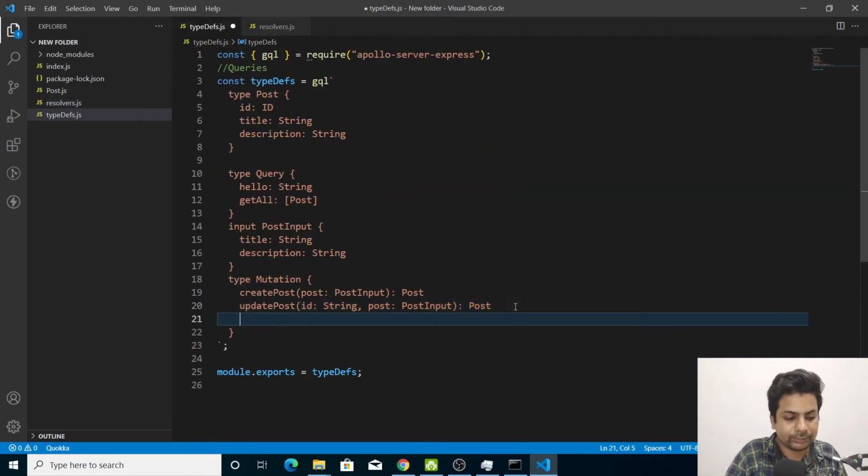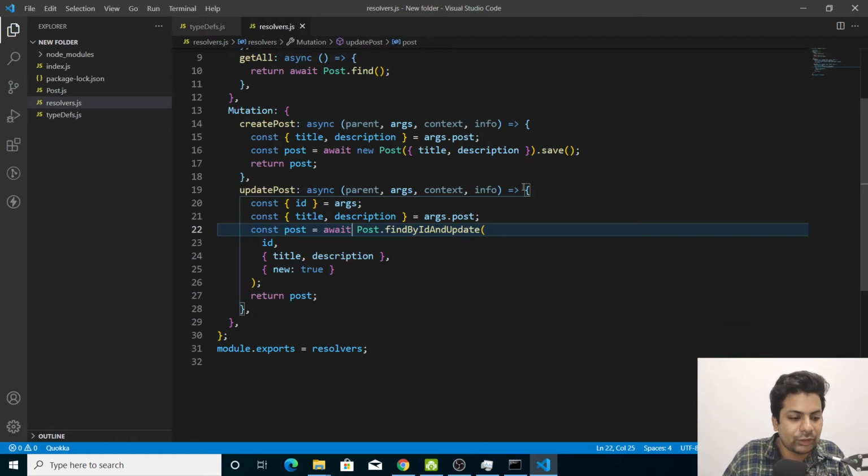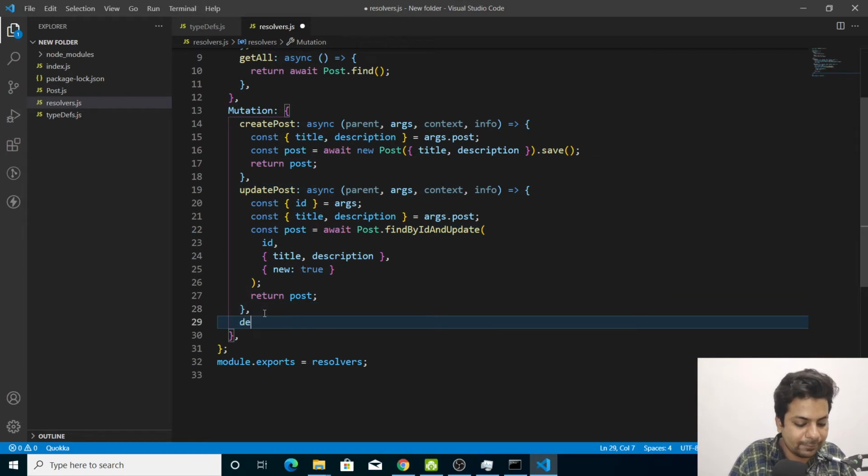So we'll say delete post, and here we'll take ID and it will be of string, and we'll return the string because it already got deleted, so we won't return post because it already got deleted. So here instead of doing these things we just write delete post.